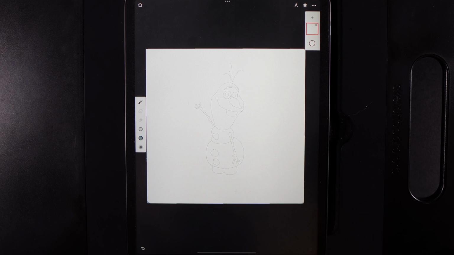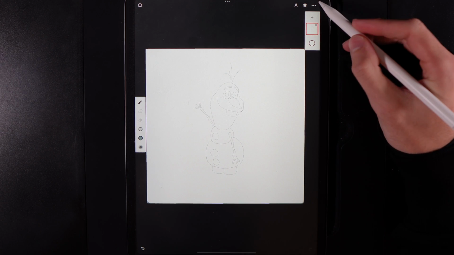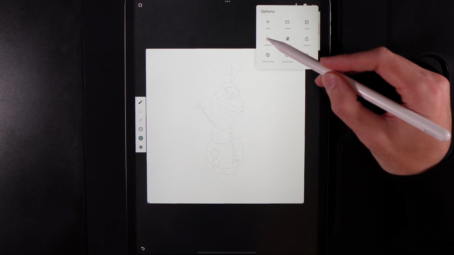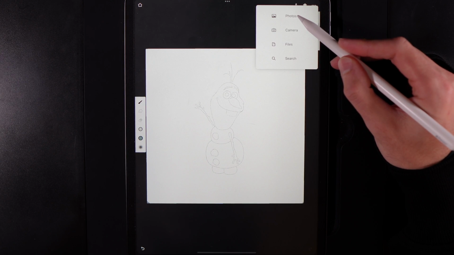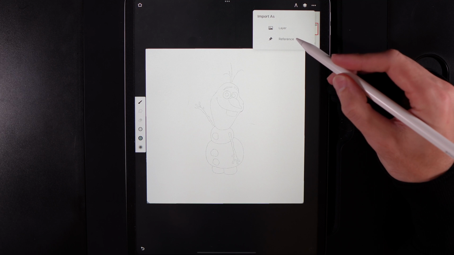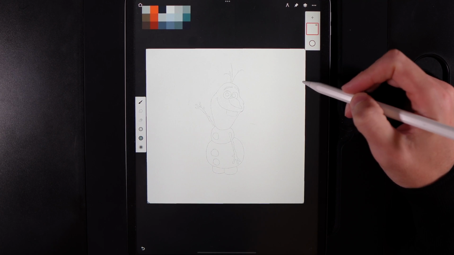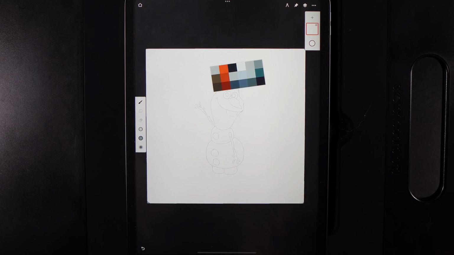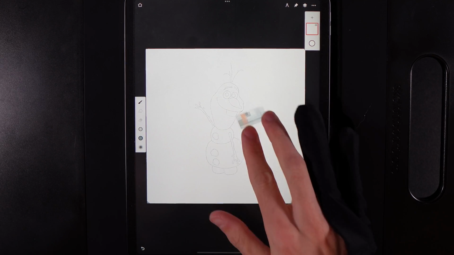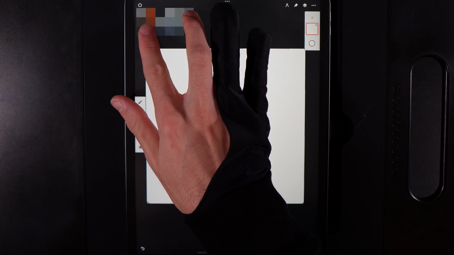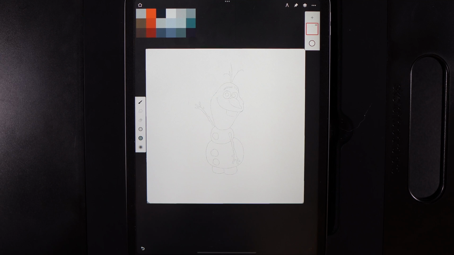Now, a new thing that I'm doing for the palettes is we're going to import it as a photograph. So we're going to go to our options. We're going to go to the option of import again. We're going to go to our photos and again find the other photo that I've provided as well. Once you find that, the only thing we're going to do differently is we're going to tap on reference. So now our palette is just up here floating as a little window, and you can put it wherever you like. So we can move it around, we can scale it up and down. And I'm just going to position it up in the top left of our canvas here, so we've got it